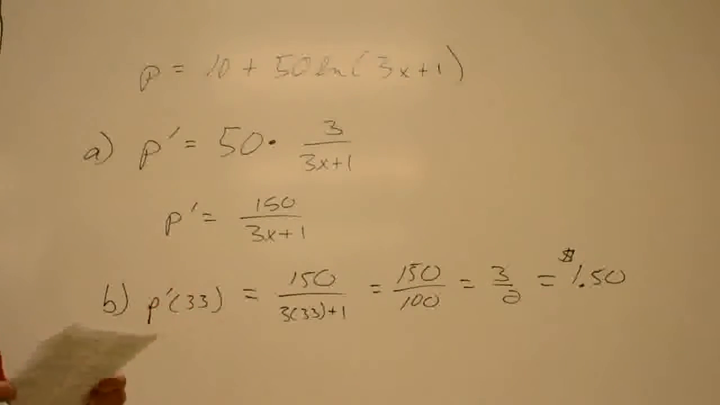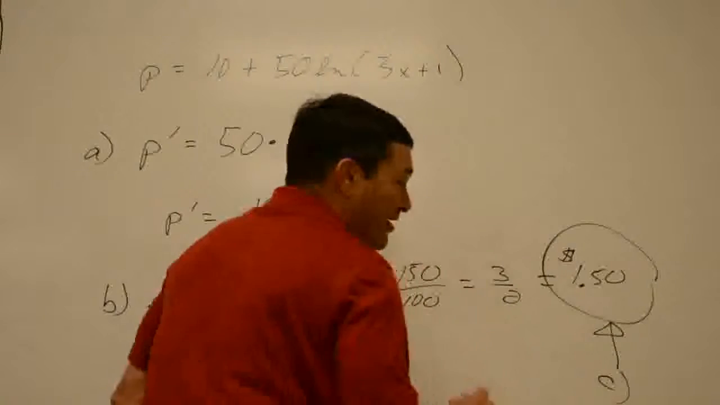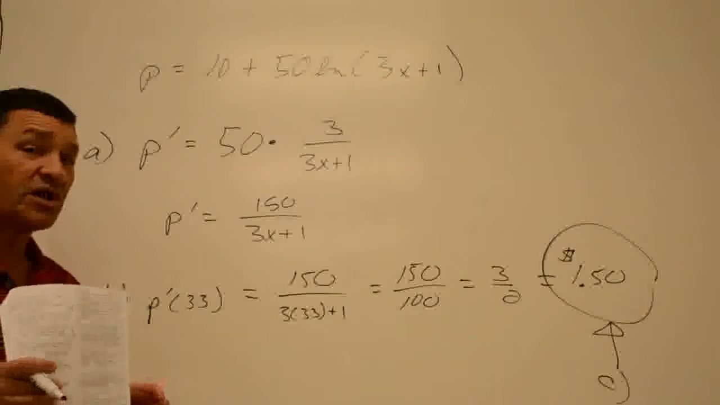Part C, approximate the price increase associated with the number of units supplied if we increase production from 33 items to 34. Well, it's that right there. That's your answer to part C. It's just that evaluated. I don't know if you remember, we've done marginal analysis with things like marginal cost, marginal